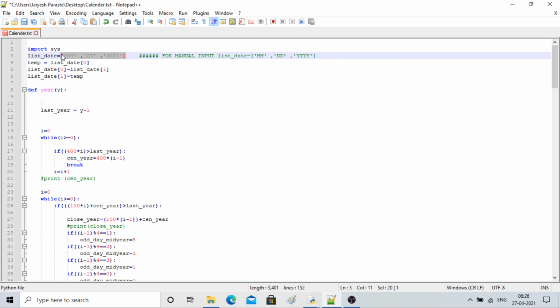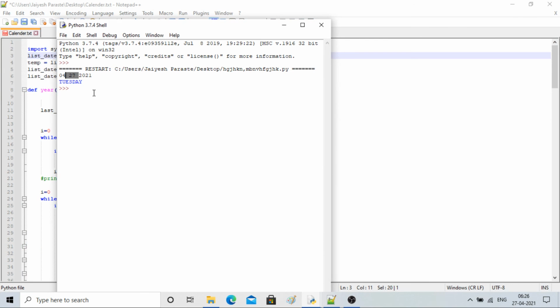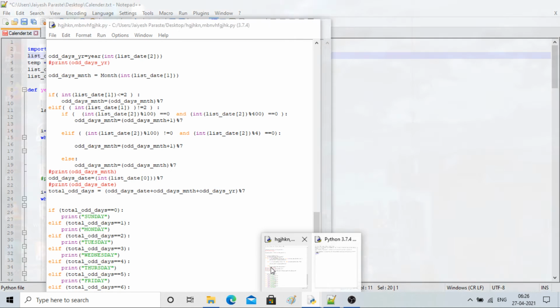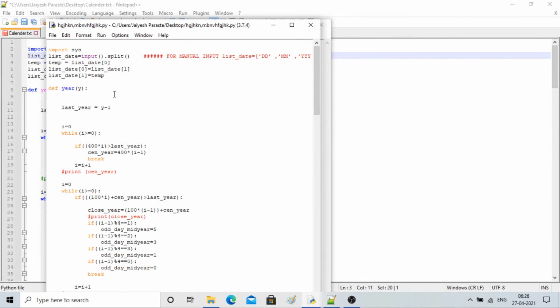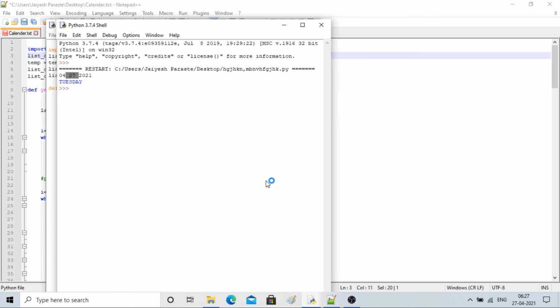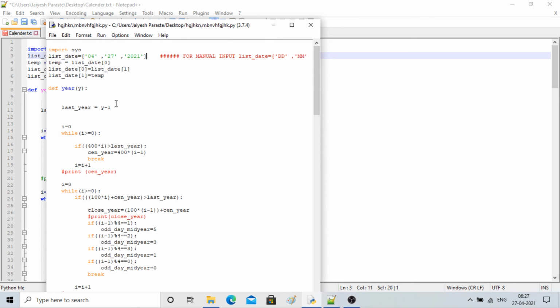Okay, I'll copy it and give it to my IDE, which is here, like this, and it should work. Tuesday, yeah. So input has to be given in mmdd y.